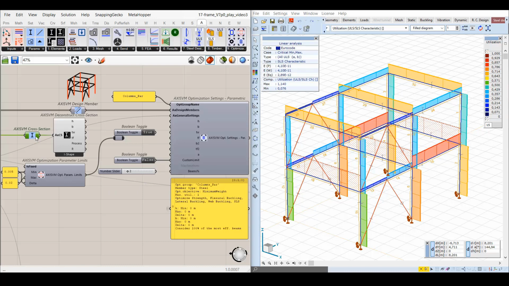The cross-section parameter on the left side contains the cross-section of the design members, and with the new deconstruct cross-section component, its cross-section parameters are available and can be used to set up the cross-section parameter limits of the parametric optimization group easily. These values are always in meters in Grasshopper. To define the parameter limits, the most simple way is to connect a numeric value, for example, taking the appropriate